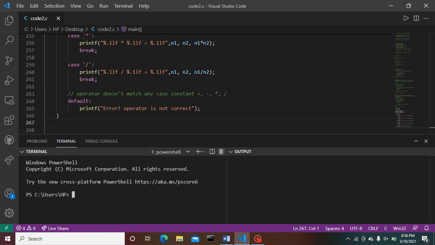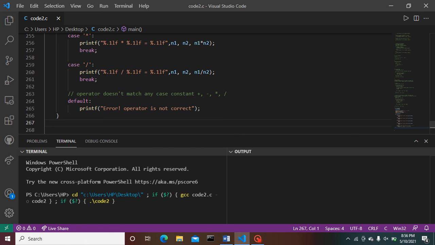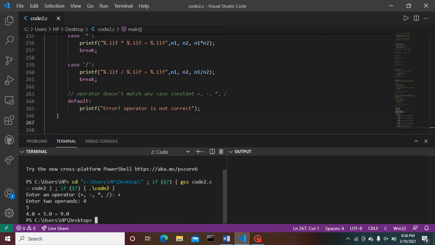Switch statement. The switch statement we have provided here, with plus. Enter operand: 4, 5.